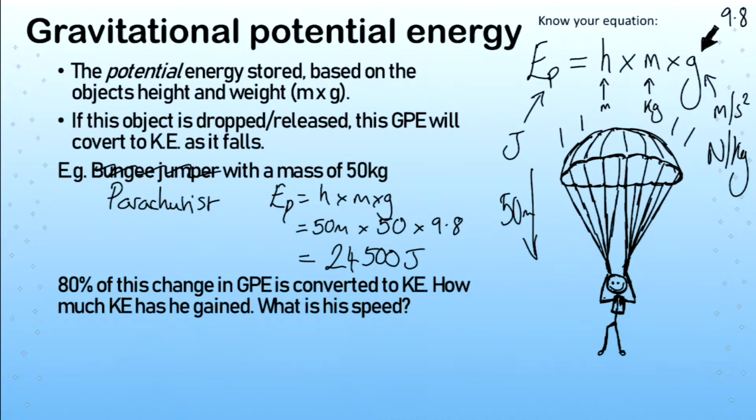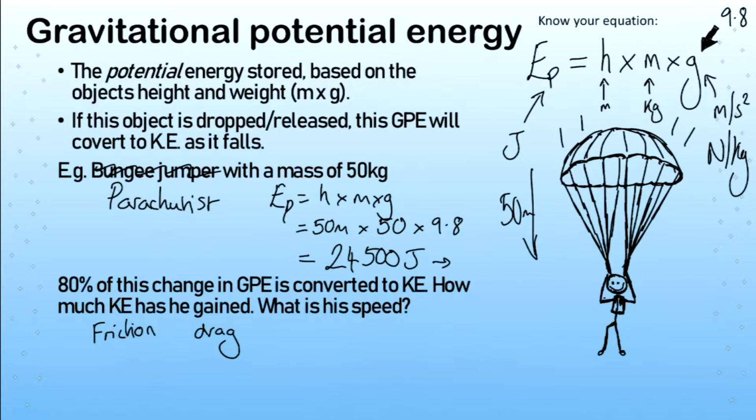A common link then to make is, if this person is losing 24,500 joules, how much of that energy is going to get converted to kinetic energy? Well, in an ideal world, it would be 100%, so 100% of that would get passed on to kinetic energy. But of course, in the real world, we have factors like friction, we have air resistance, we have drag, same thing as air resistance. They're going to cause objects to be slowing down as soon as they start speeding up, or countering that force,